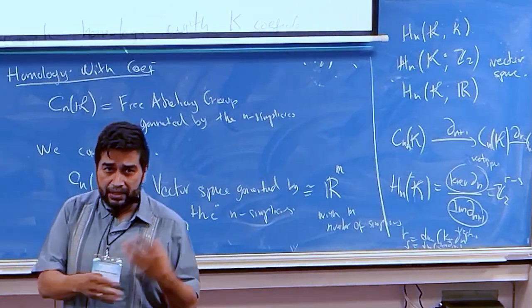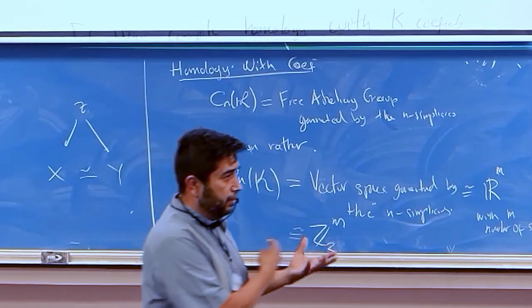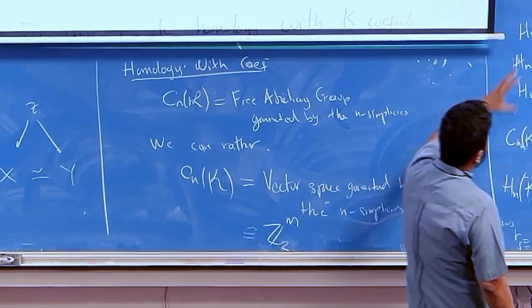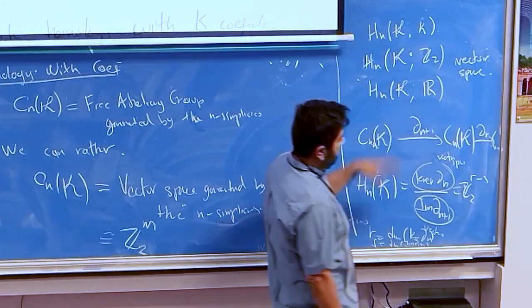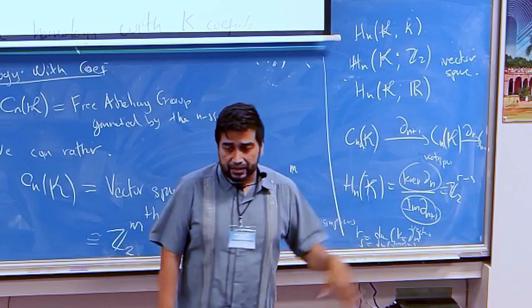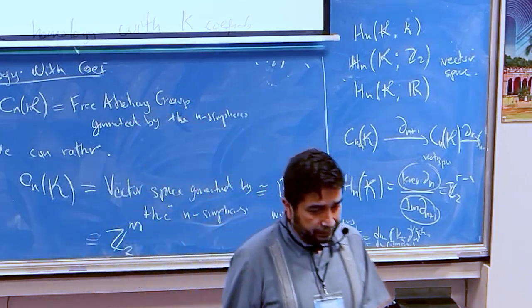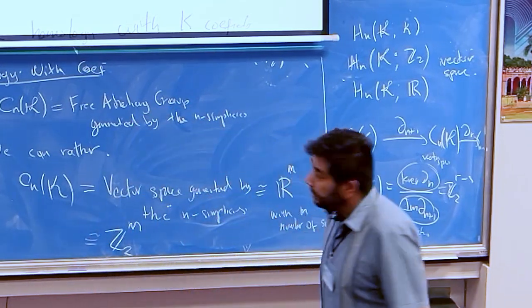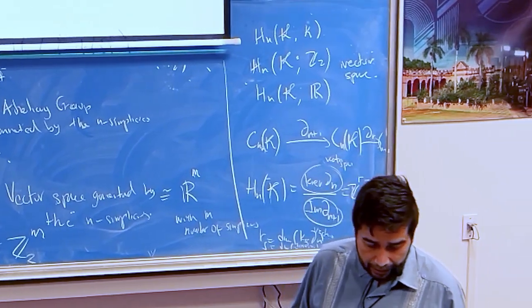So K can be C, or R, or the rationals, but then this thing is going to be a vector space. And so things are going to be much simpler. So once we have that, here's